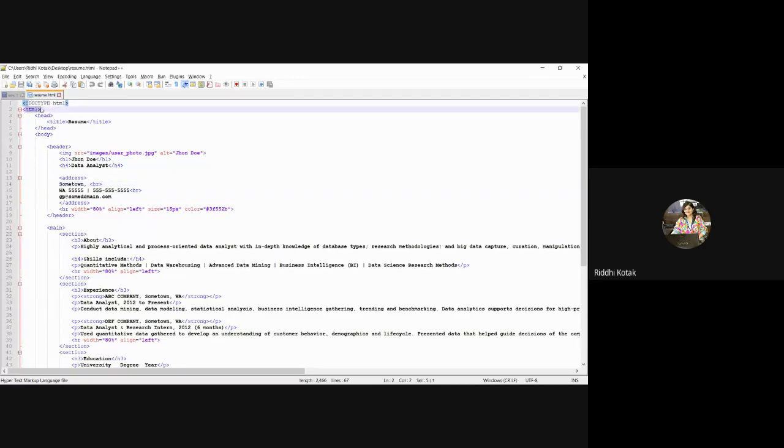Then you have to start the HTML tag. Inside that, take the head. Inside that head, you have to give the title resume. You can give another name also, like resume of your name, right? That is allowed. And after that, in the body part,